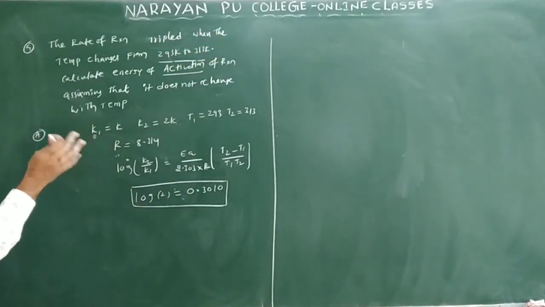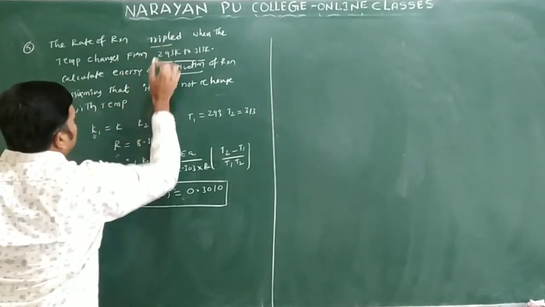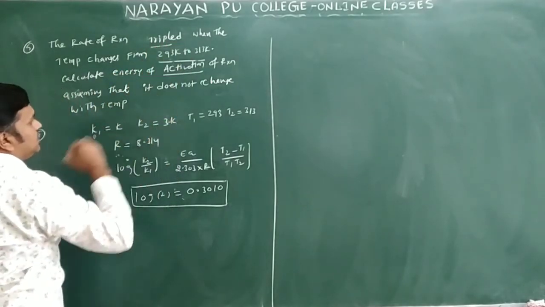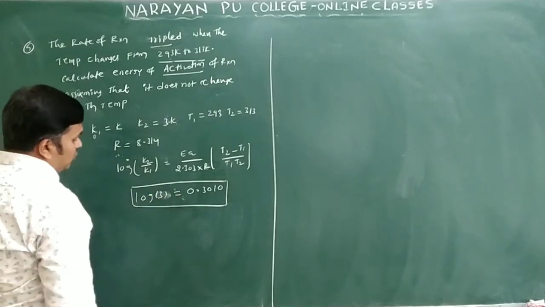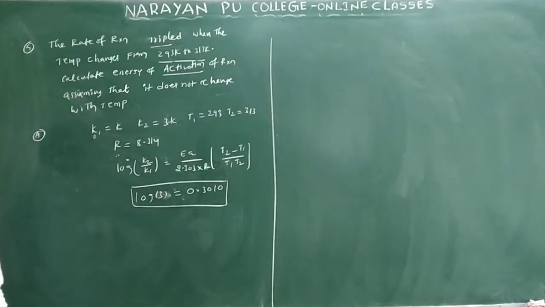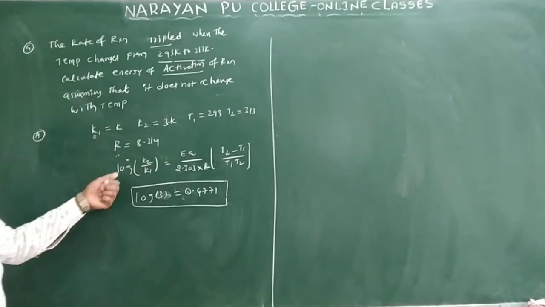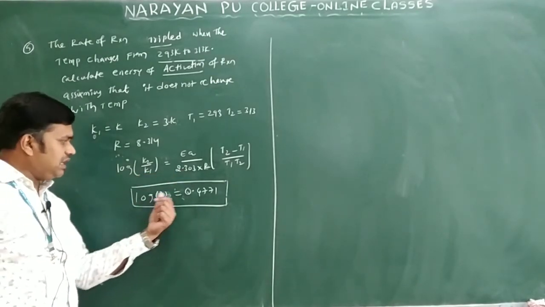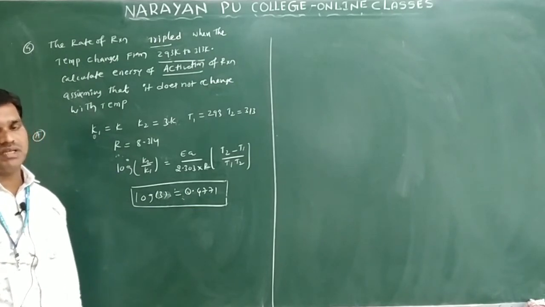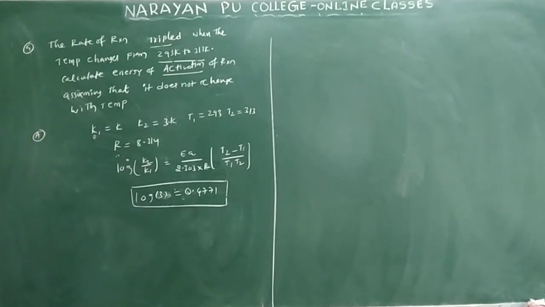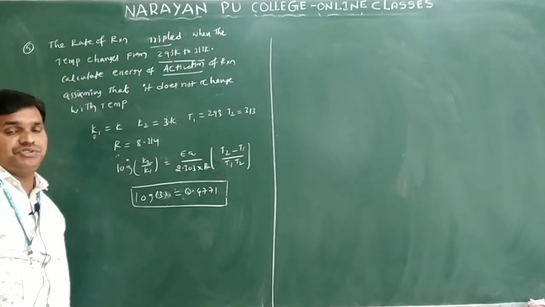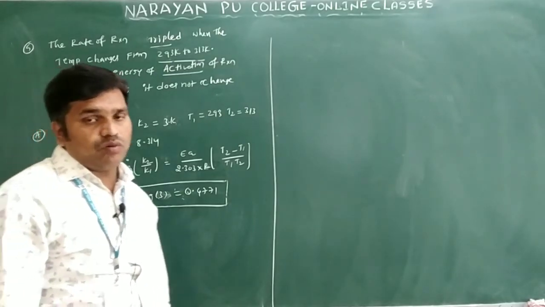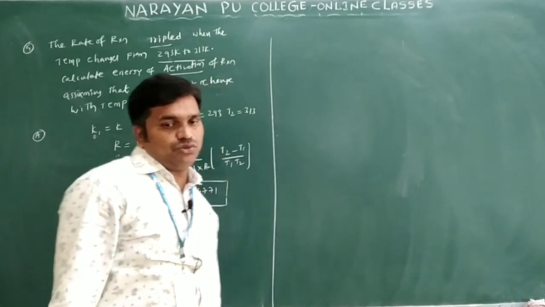The temperature is the same, I just change this to triple, then K2 is equal to what you will get? 3K, temperature is the same, log 3 value you will get 0.4771. You can apply the same formula, log 3 value 0.4771, and find out the activation energy for the reaction. How many questions completed? 5 questions are completed, and what here? Activation energy. If you still want to see some more models on this problem, you will see the next question.